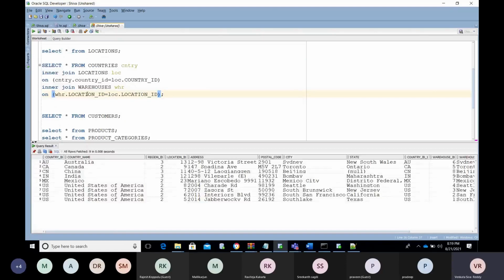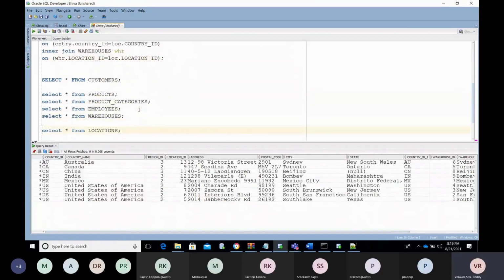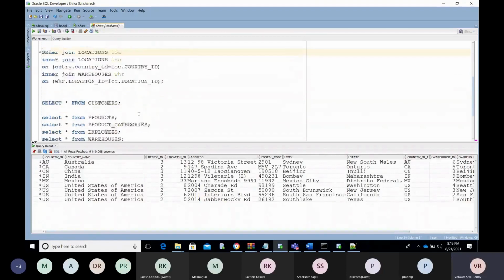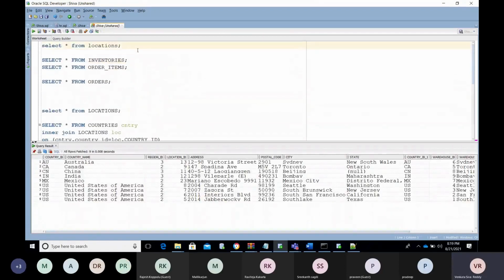So from these warehouse IDs, now you have the warehouse ID along with the location ID and the country ID. Now, if you want to get the information, we have the inventory table. From the inventory table, we are going to join with the warehouse.